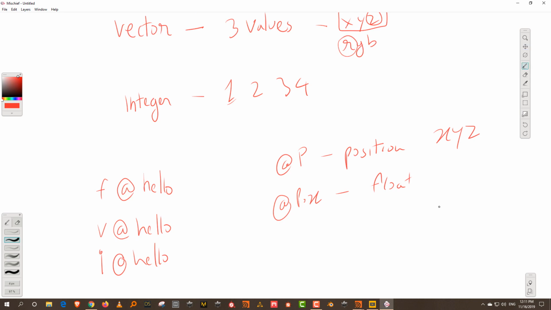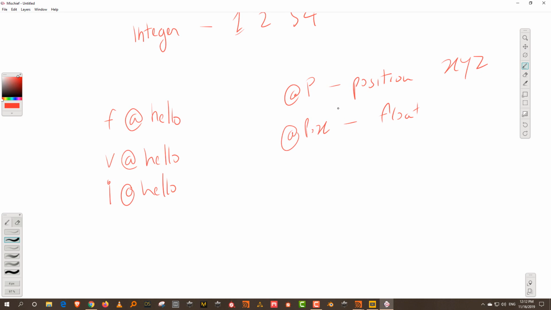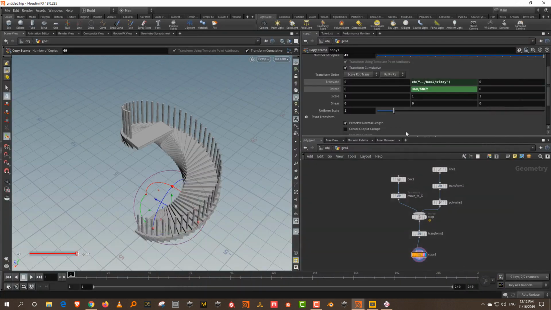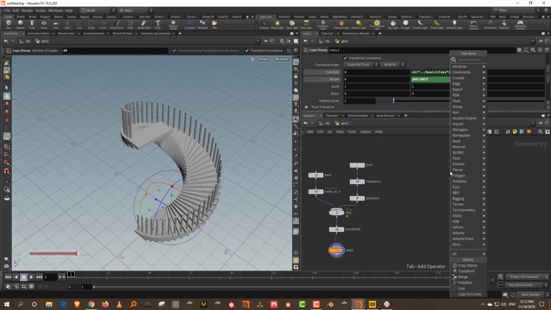Okay, so the first question that comes up is, how do you create your own attributes? We've seen this, now let's see it in Houdini. And then I'll also give you a list of where you can find all the basic default attributes that Houdini has. So if I create a simple grid